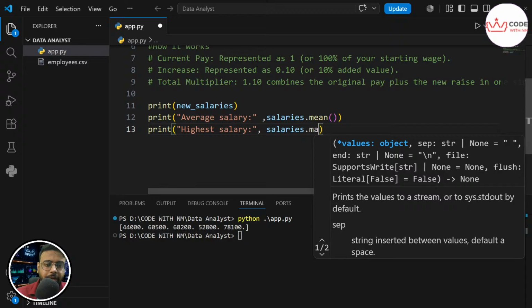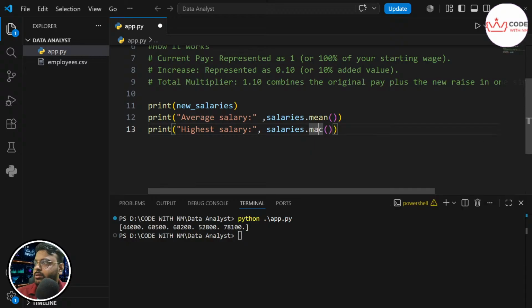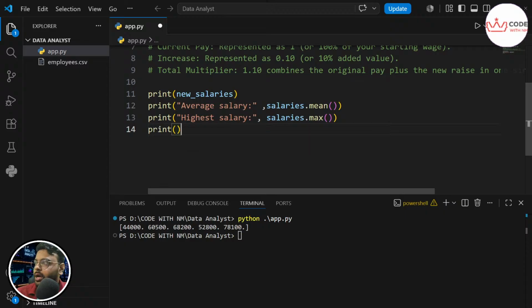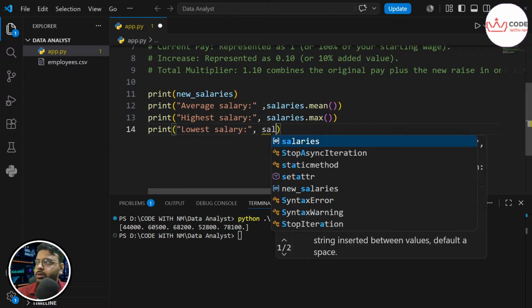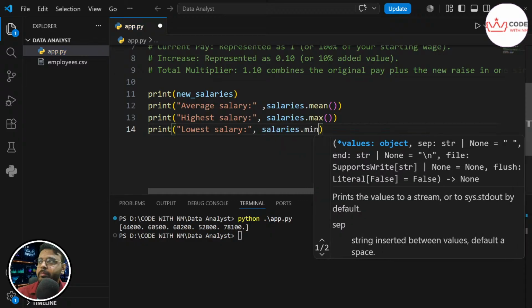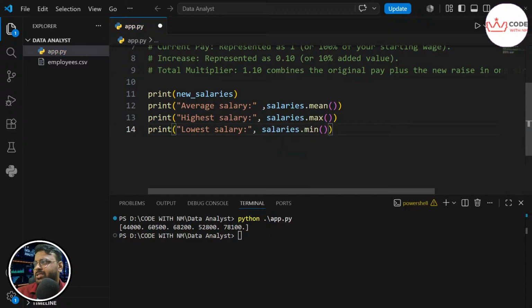Salaries dot max, sorry, my bad, typo, and the lowest one, salaries dot min, salaries dot mean. So these are the basic Python functions.